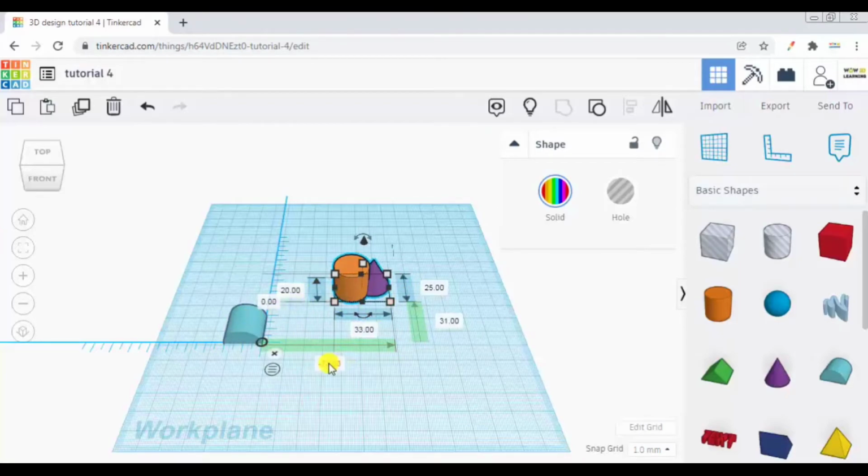All this distance you can adjust manually by clicking on it and changing it. That you can do, you can explore yourself. Now if I click again here, you see now the distance is being measured from this point to this point. How much it is showing? It is showing minus 56. From here to here it is 56 units, and from here to here it is minus 72 units.